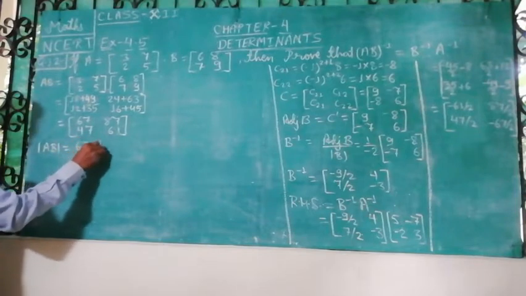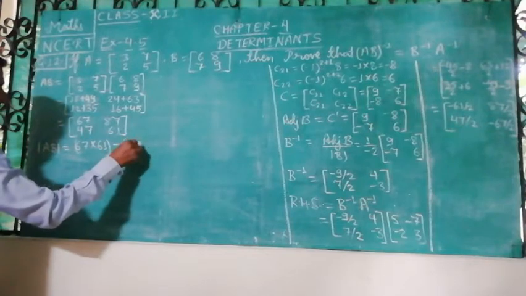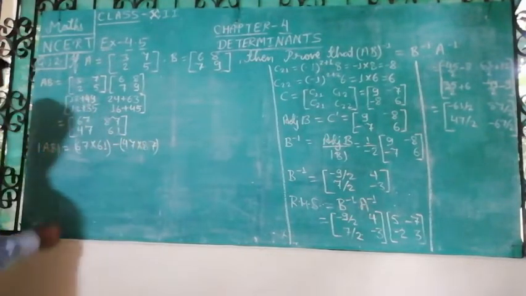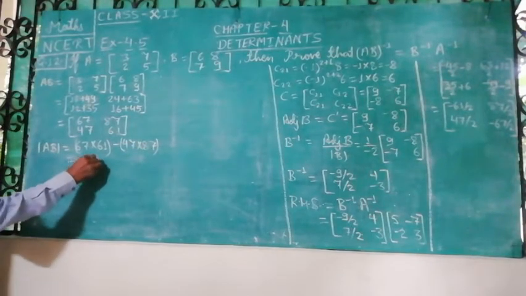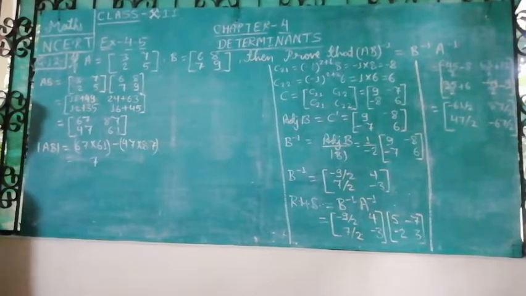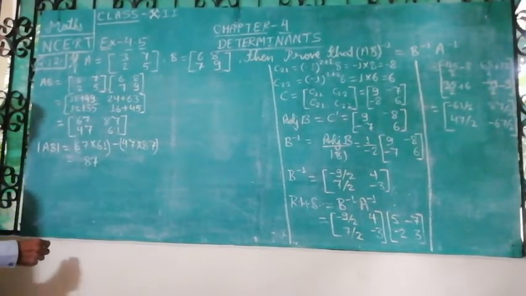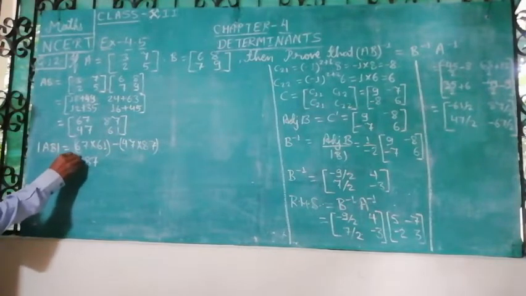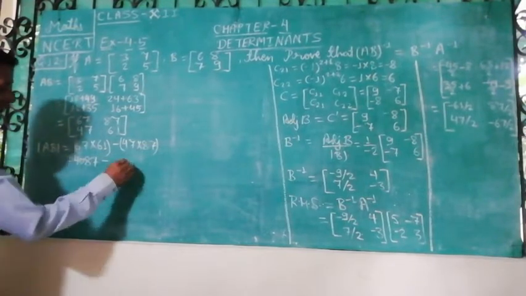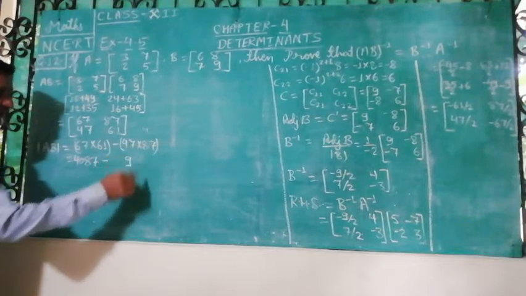67 into 61 minus 47 into 87. See what will happen. 7 1 are 7. 1 6 are 6 and 7 6 are 42. 42 and 6 48. Carry on 4. 6 6 are 12, 36 and 4 40. 4087. 4087 minus 7 7 are 49. Carry on 4. 7 4 are 28 and 7 8 are 56.